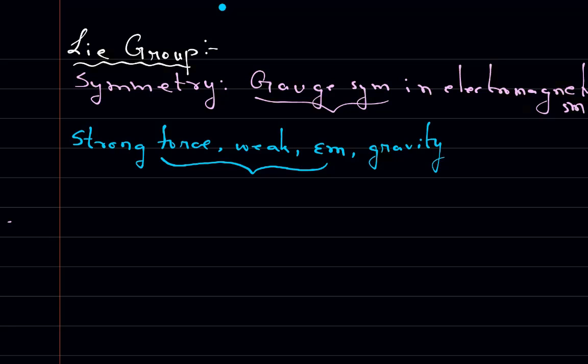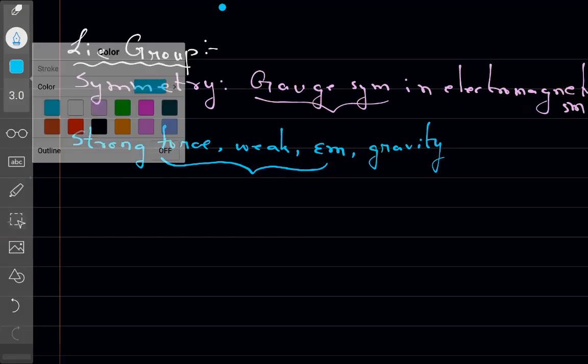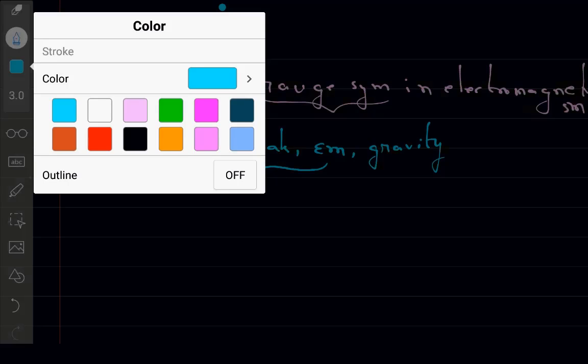So we say that there is a gauge symmetry in Maxwell equations. Similarly, there are symmetries in strong, weak, and electromagnetism, and the symmetries are all gauge type symmetries. So these three forces, strong, weak, and electromagnetic,